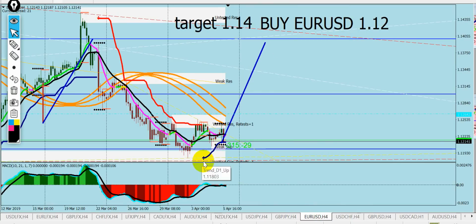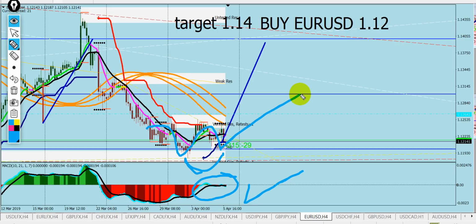Euro dollar, we forecast the euro dollar to go up. It did not really move at all, but the euro index is slightly gaining momentum up, and the MACD is just now at 0, so this is a perfect buy. Here this is a buy signal, very good, and here the 21 moving average is about to cross the 50. It's not confirmed yet, but we also have a 4-hour signal, and we have a double bottom here, so this is good. You can buy this one.